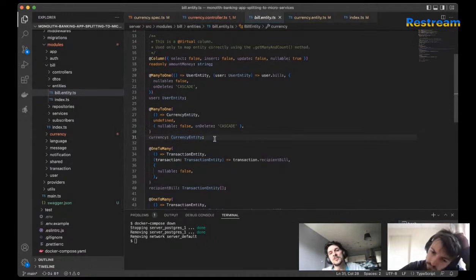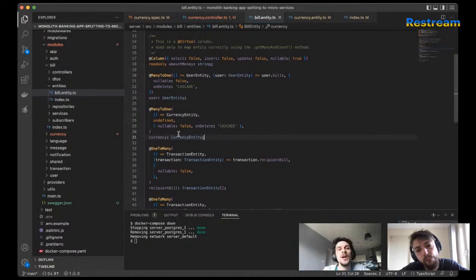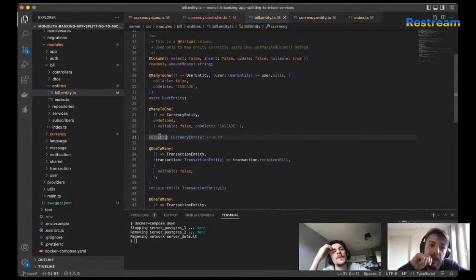And we also need to create extra functionality inside the currency service, which allows us to pull this currency ID or whatever this was used for. I think here it was saved UUID. So we also need to provide this functionality. UUID. That's an interesting step, next step.